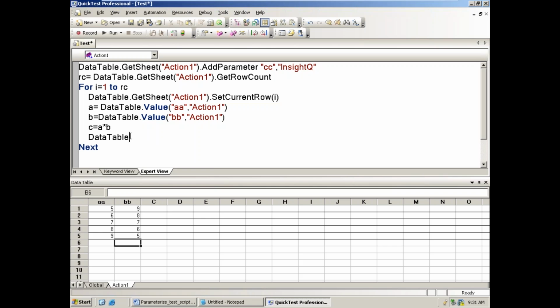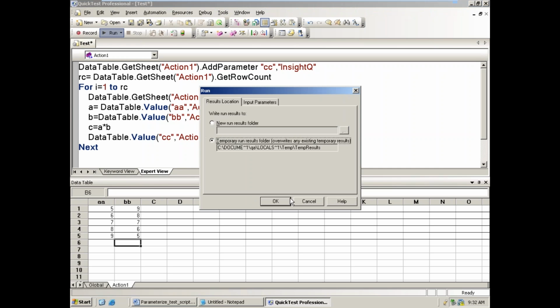It is okay. I want to enter the value, no? So where do I want to enter it? In the CC column, in the Action1 sheet, equal to C. Because when the statement is executed, what happens? The CC column will be created. And in the CC column I want to enter the values. DataTable.Value CC column, Action1, equal to C. Now if I run,